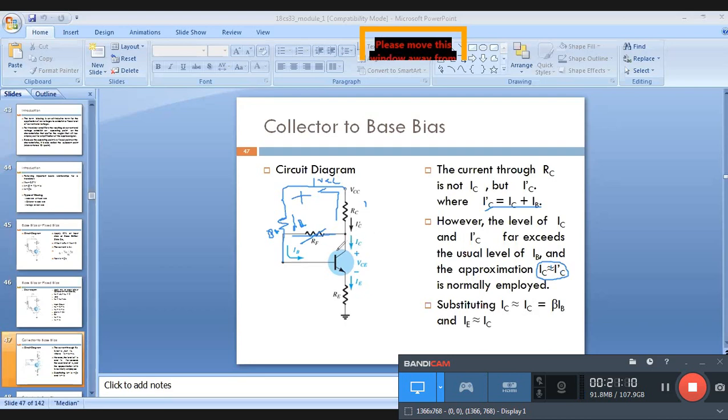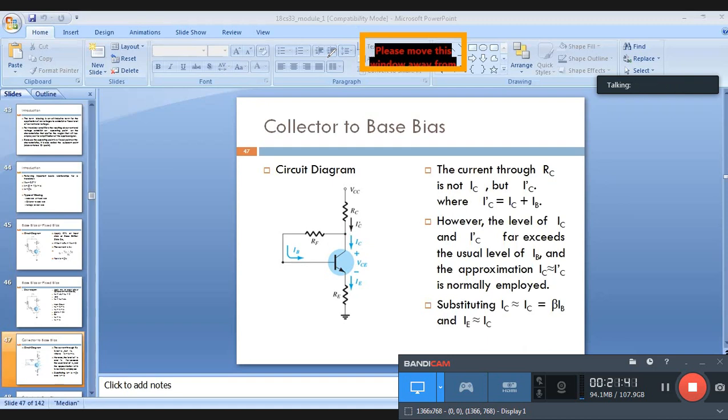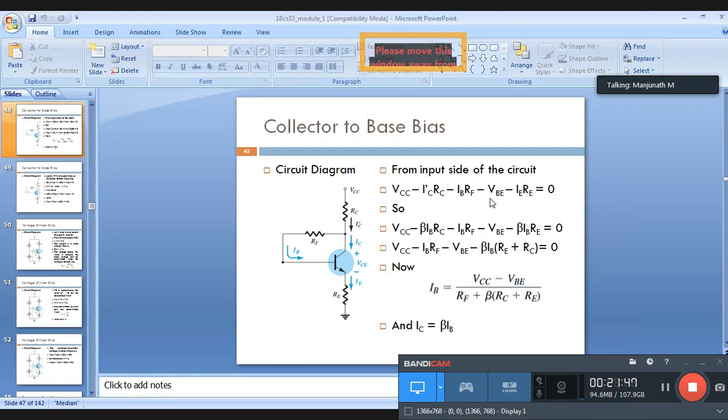Then you can read this as my beta. One transistor is connected to the emitter terminal. We can read IC is equal to beta plus 1 into IB. That is the second equation. Next, when you apply this circuit diagram to the input terminal and the output terminal, we will see them one by one.